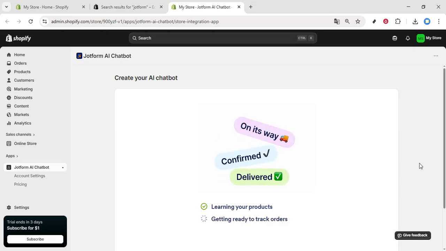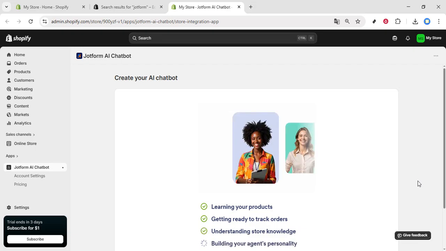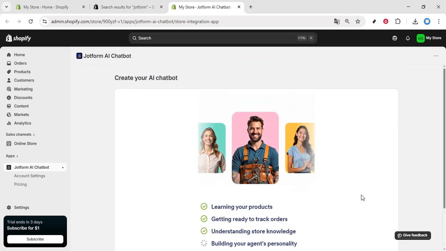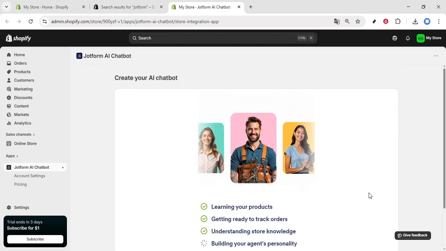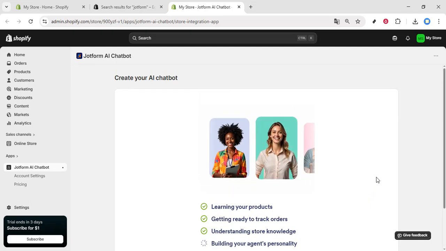And there you have it. By following these simple steps, you've successfully added Jotform to your Shopify store. This integration will not only help you manage your customer interactions more efficiently, but also provide valuable insights into your customer base. As you continue to grow your business, having a tool like Jotform at your disposal can be incredibly